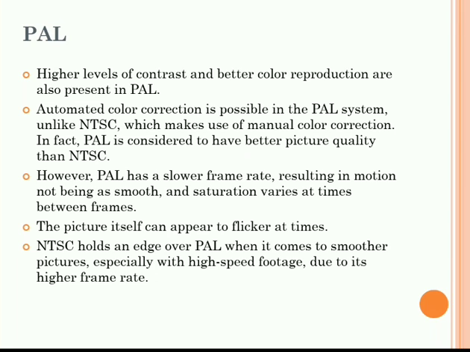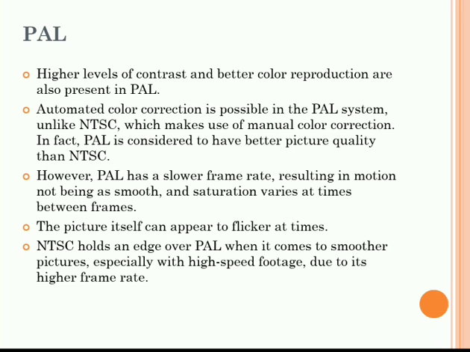or you can change the brightness, you can change the color, just like that. Better color reproduction means we can produce the color properly, to whatever extent and whatever quantity we want, and contrast also we can change, so the PAL system has better output than the NTSC system. It is clearer, more proper, we can see each and every fine line, we can have more color productivity, we can have more contrast. That's why PAL is better than the NTSC system.